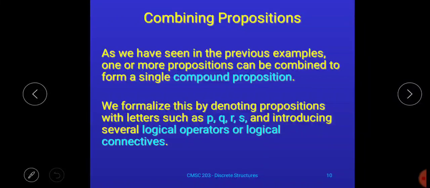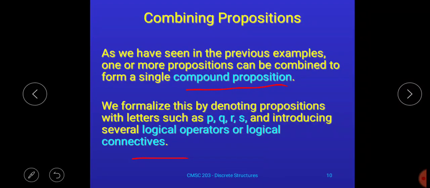Everybody. In our previous session, we discussed what is compound proposition and then what is use of logical connectives. If you have not yet seen our previous lecture, then I request you all to please do watch our previous lecture first and then proceed with this one. Let us revise the points that we have discussed in our previous session.